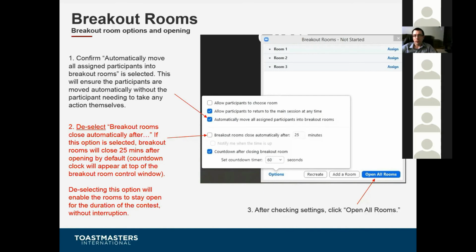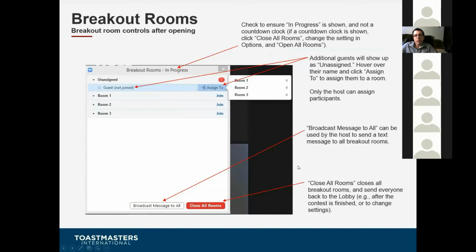Okay, so automatically move all assigned participants. Make sure breakout rooms close automatically is selected off. And when you're happy with all the settings, you click open all rooms. And when you get to open all rooms, the first thing you want to look at is the top of